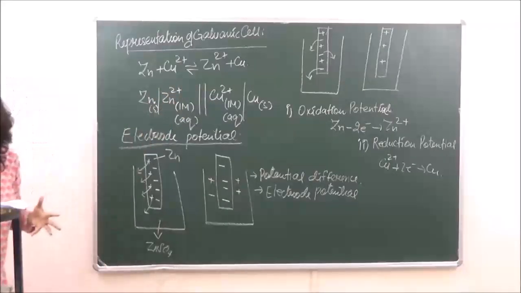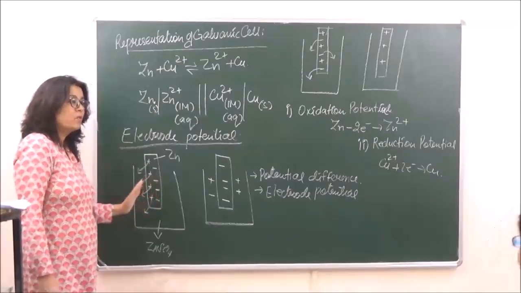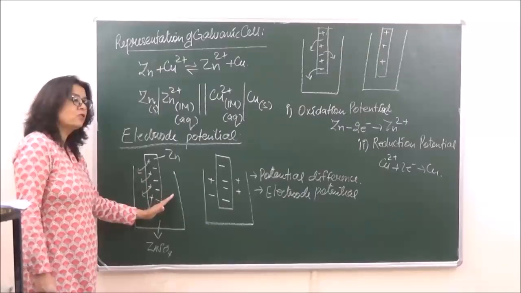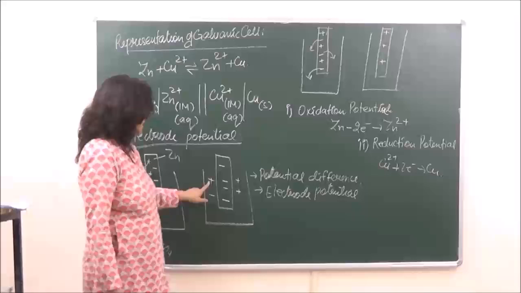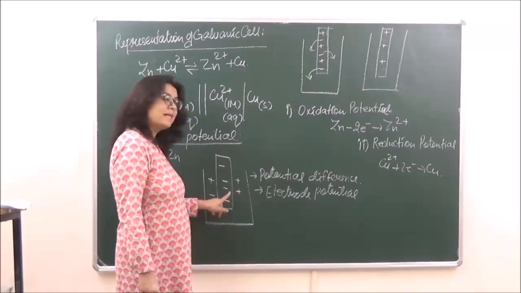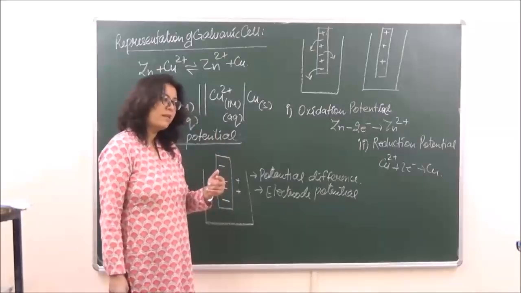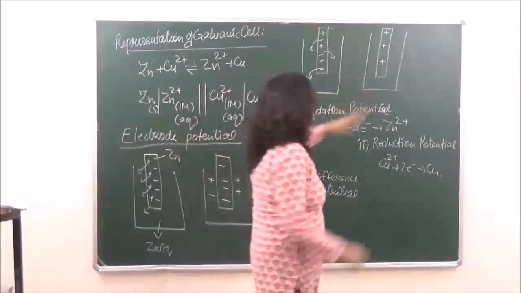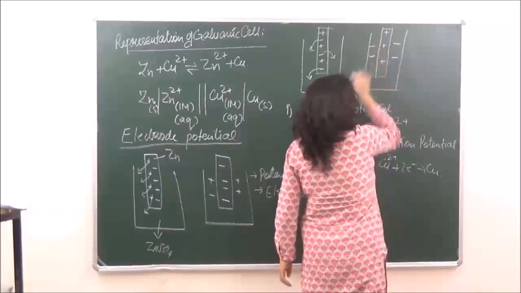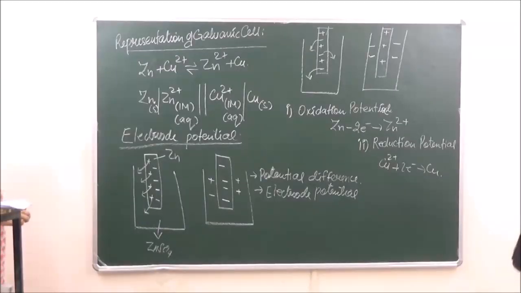As a result of this, a double charge layer is formed at the interface of the metal and the solution. Okay, you can see over here, na? There is a double charge layer between the interface of the metal and the solution. Positive charge is outside over here and negative charge is inside, so there is a double layer of positive and negative charge formed. Similarly over here, negative charge is going to be outside and positive charge inside, so a double layer is formed here also. Have you understood? So this is what electrode potential is, right?